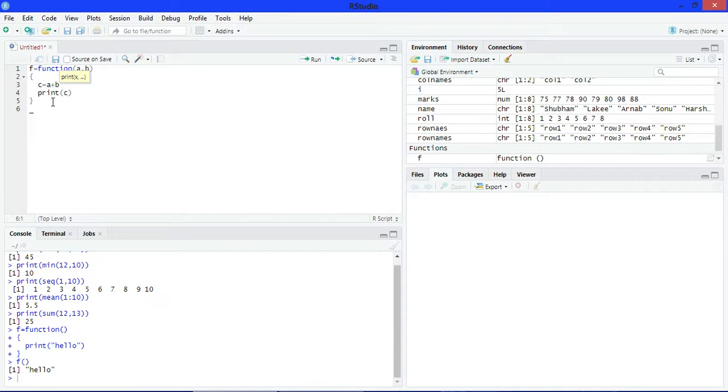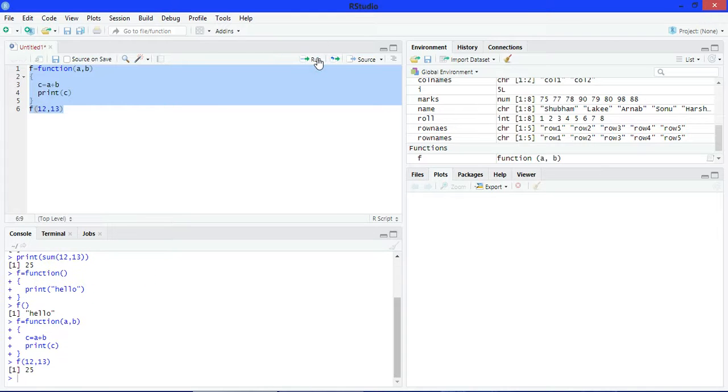Now call the function. Run it. See, the output is 25, which is the sum of these two. This parameter is known as the formal parameter and this parameter is known as the actual parameter.